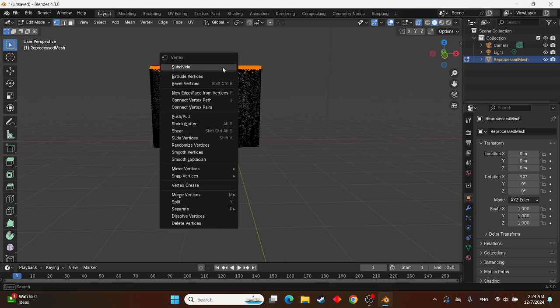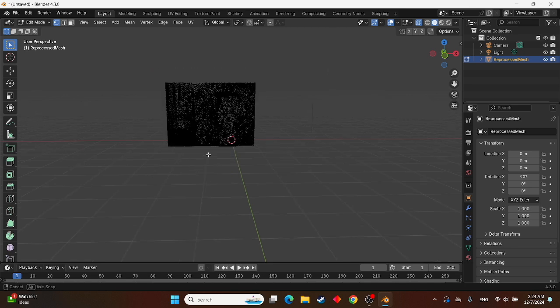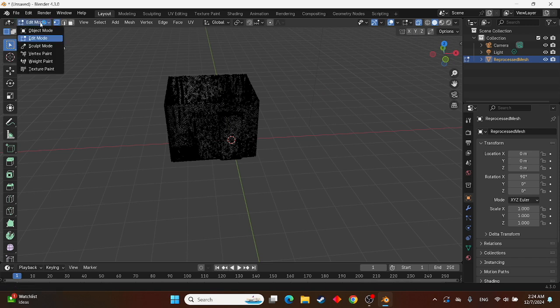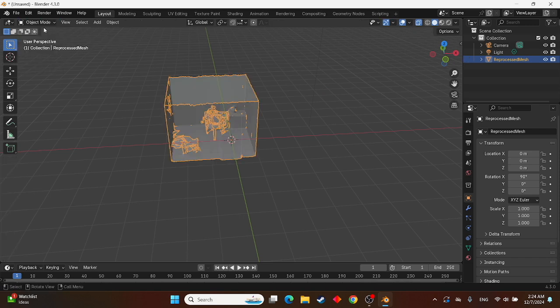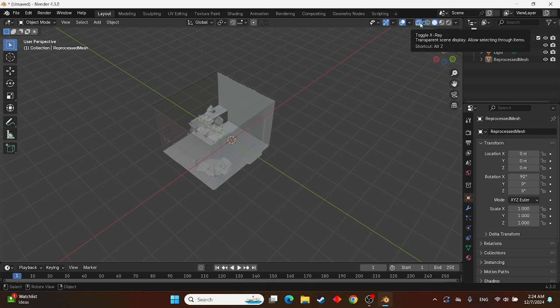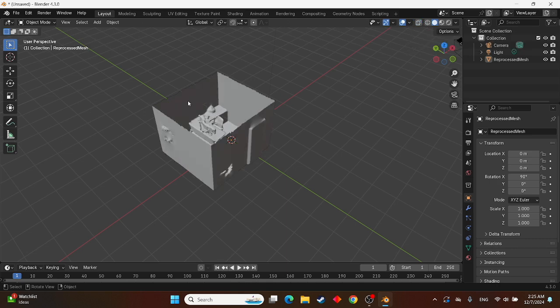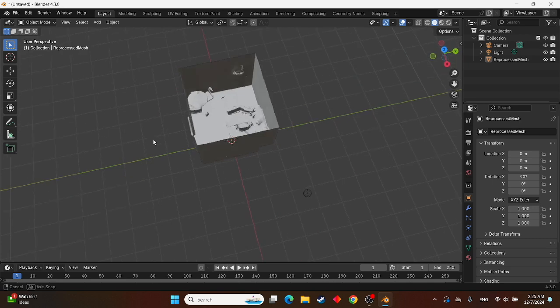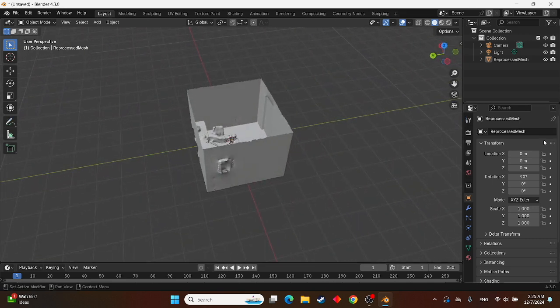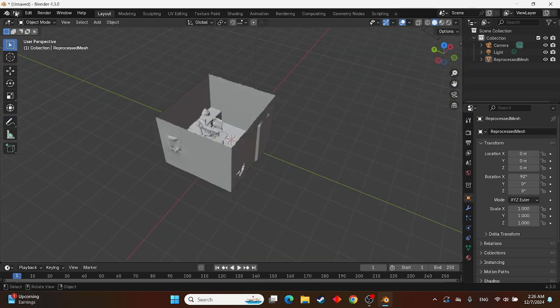Then we can go ahead and right click on the ceiling, which will reveal the splash menu once again. Scroll down to select delete vertices. This will then delete our ceiling. We can now hop back into object mode, as well as disabling our X-ray. Once everything is done correctly, we will now have an external view that allows us to see into the room that we scanned. Now we'll go to File,